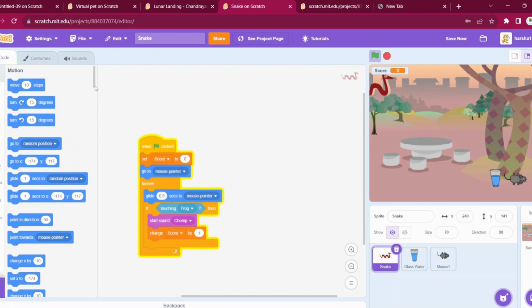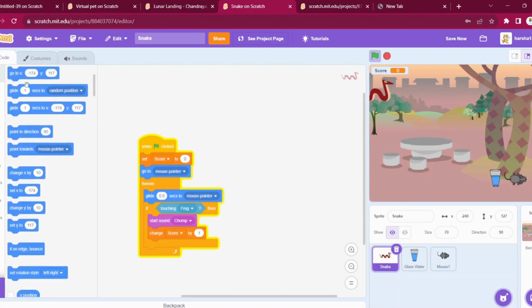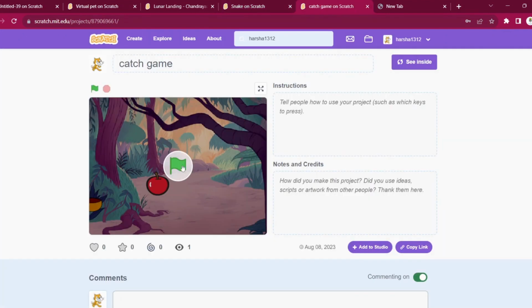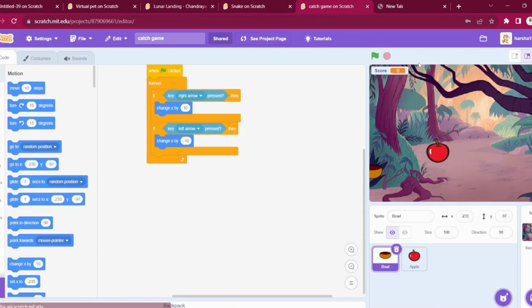So in motion you can see different motions are there. So glide to random position, right, to change x and y, and set, and if on edge, bounce. So different ones. So we can also see one more example